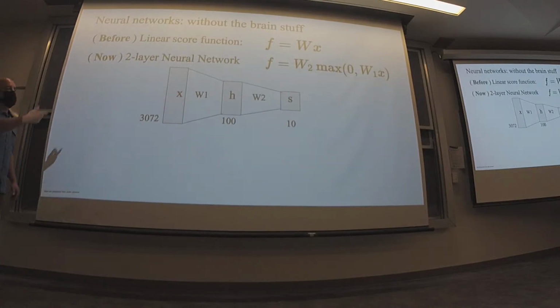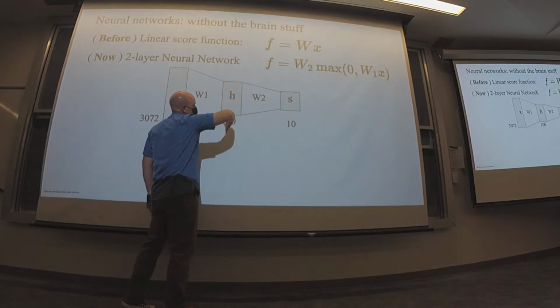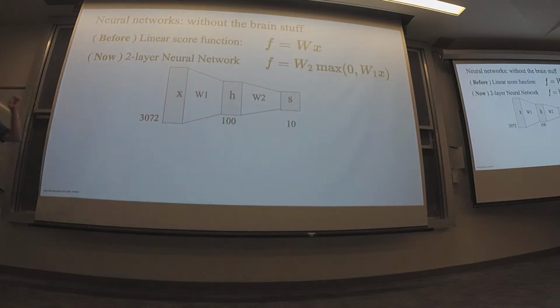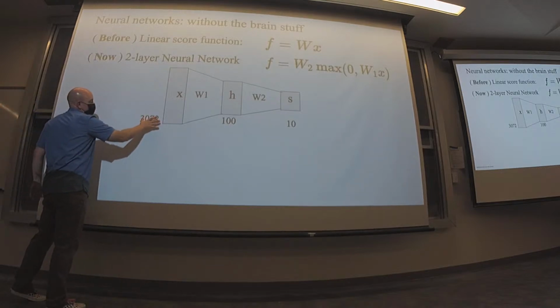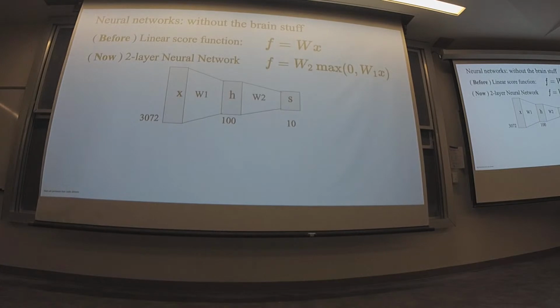But now, by composing these things and putting the ReLU or any other nonlinear activation in here, we now have a score function for our 10 classes, so to speak, in CIFAR-10. So input 32 by 32 is this. Output is scores for 10 classes. We now can have a nonlinear score function. So the hope is that we should be able to do better on this task as a result,